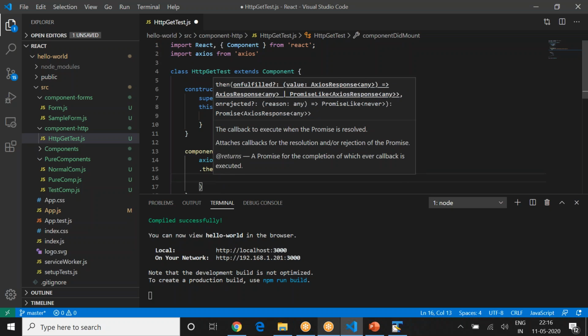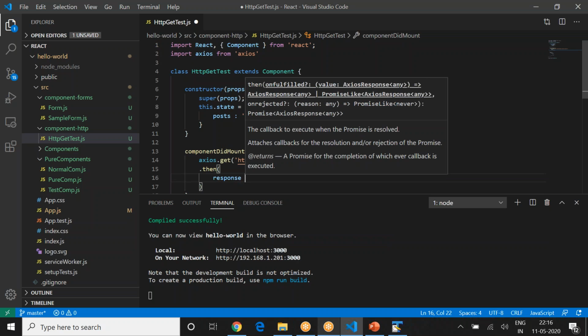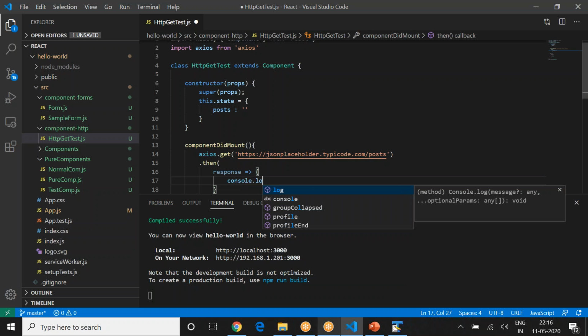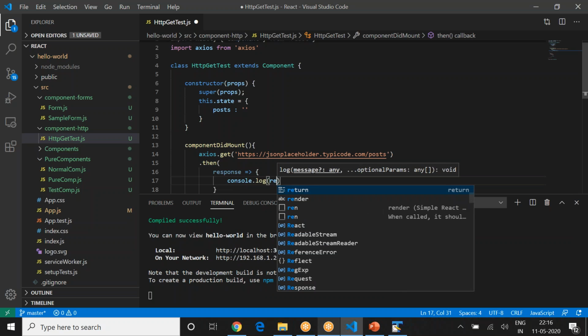So I might actually want to add just a console.log. So how can I do that? I can go to that then, and there are two options. Either you can create a function here, that means a console call, or you can use arrow functions. I'm going to use arrow functions, which are handy. So then, you get response, and response is arrow function. I'm going to divert that response somewhere. So I'll just say console dot log, and then in log you can actually log the response.